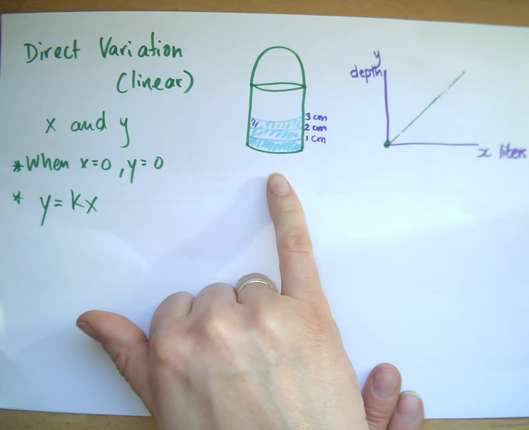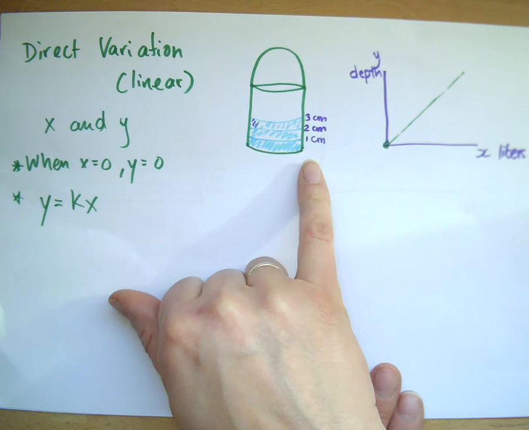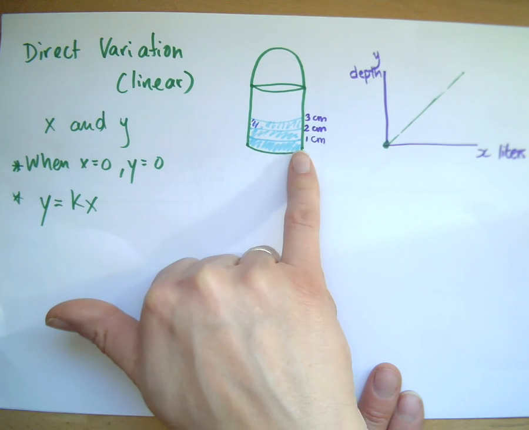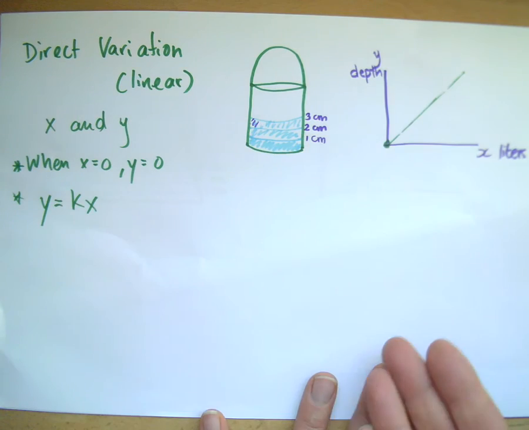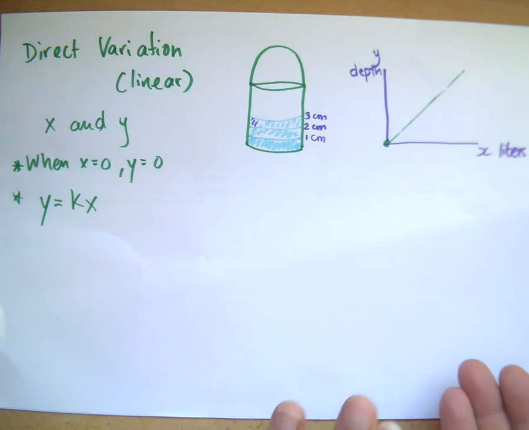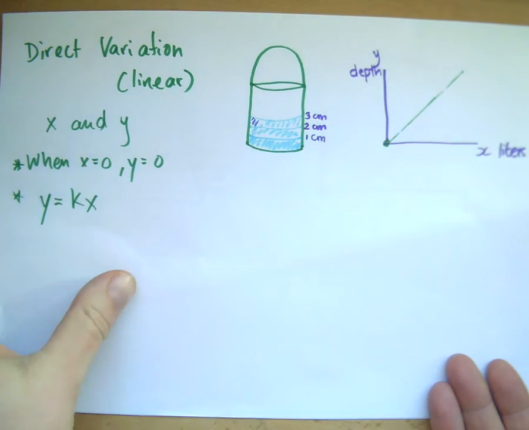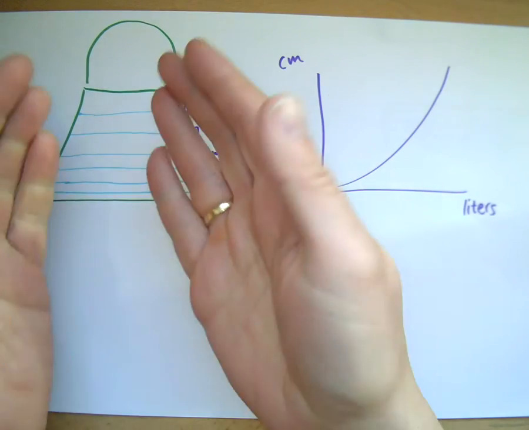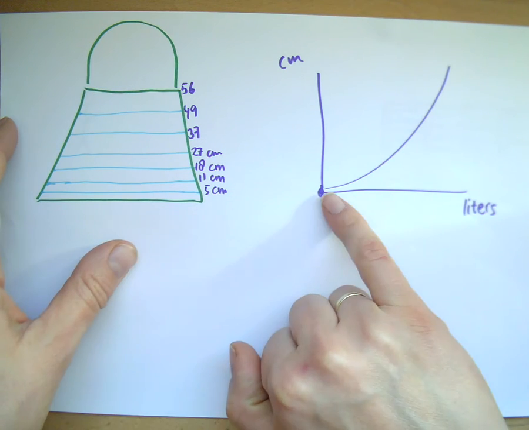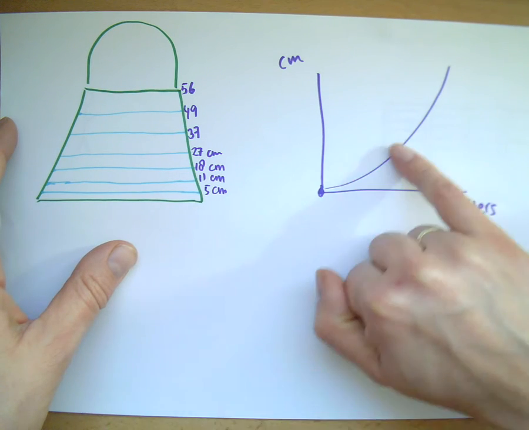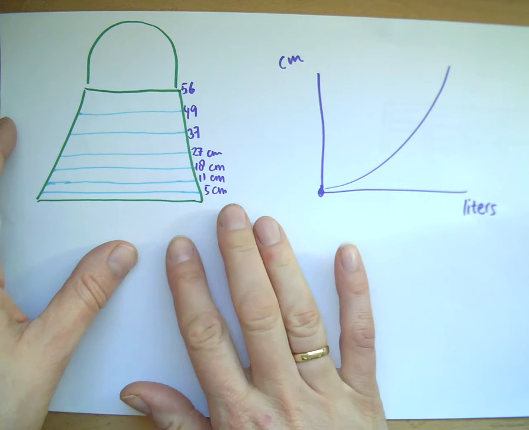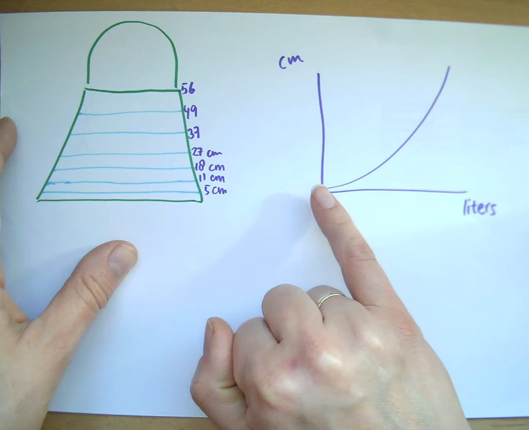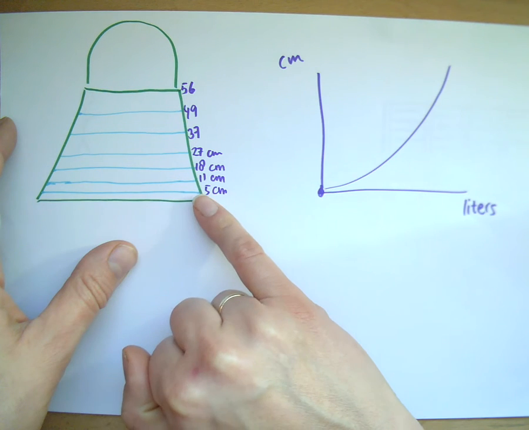proportional to each other, such as in the case of adding liters of water to a bucket and the depth of the water rising. So as we add more liters, the depth of the water goes up. In this case, it was linear. If the bucket is not straight, then it's going to be nonlinear. But still, this was direct proportion because as the liters go up, the centimeters of depth also